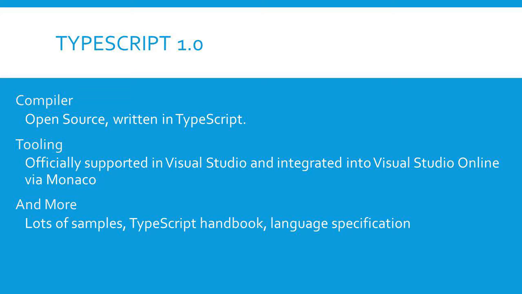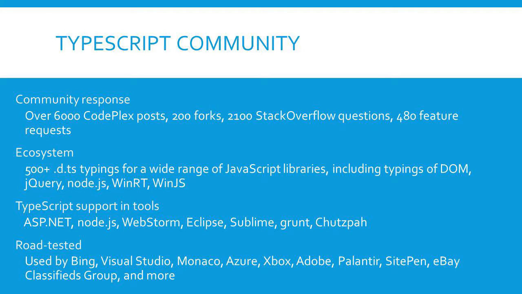Because we give away the compiler, again, is open source, but also all the language service stuff that you saw that was driving the Visual Studio experience, that's all open source. So you can use that and move it to other editors. And of course, we support that in Visual Studio, and we have a bunch of documentation. The community is one of the strong points about the language. There's a lot of helpful people in it, but there's a lot of energy as far as creating new typings